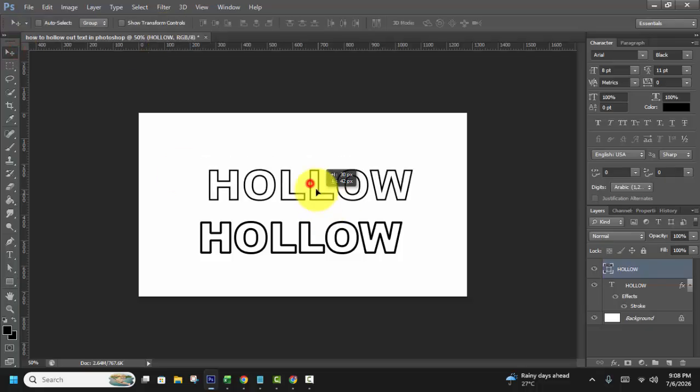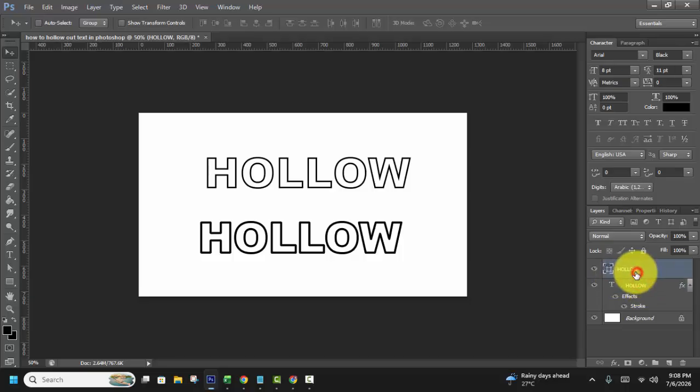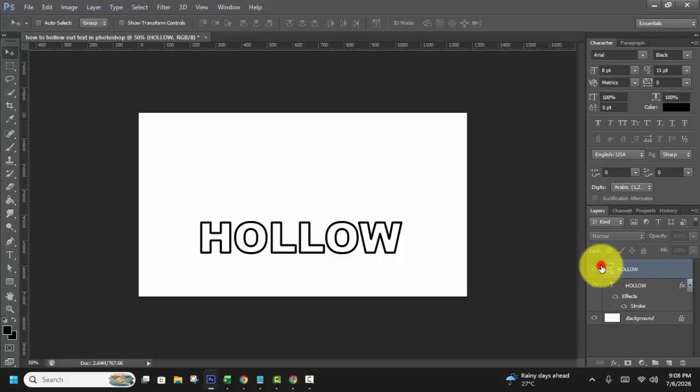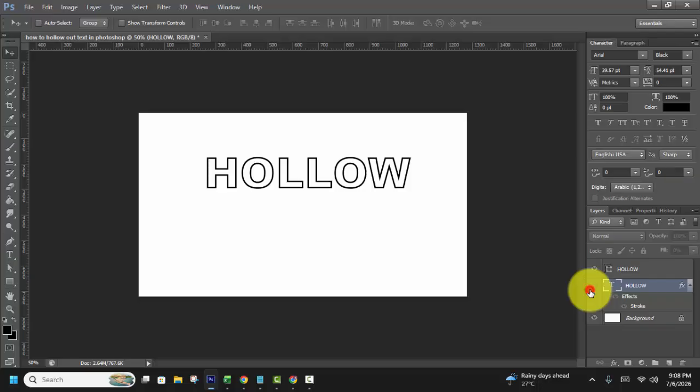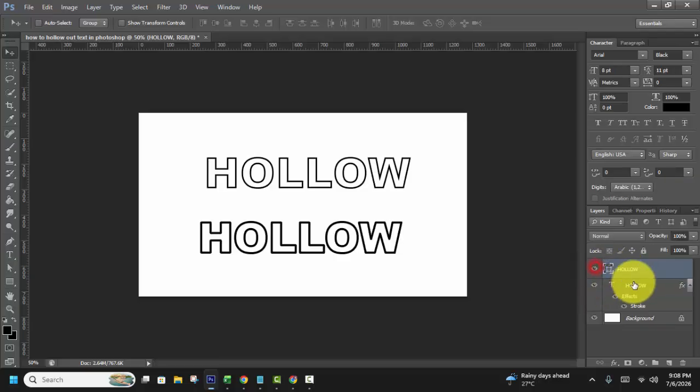Okay, then again apply the same process. So select layer 1 and layer 2. See this shape text. Example use shape text, then